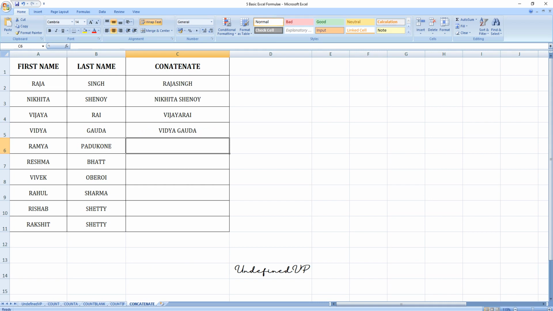So now you can see the space here, right? So I'll drag it. Now you can see all the first names and last names have